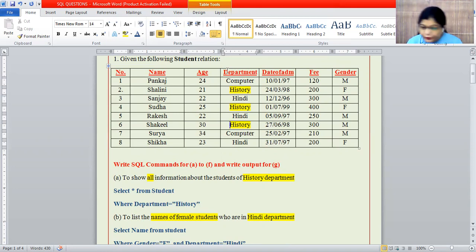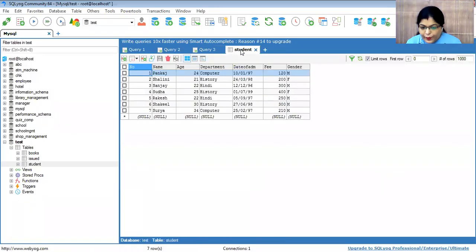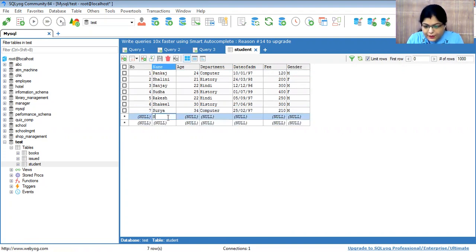That is a female. Okay, in the table, one term is not here. I just insert one more term, the last term, then it will give the answer. Shikha, 23, Hindi, 3107 and 97. Then 200.